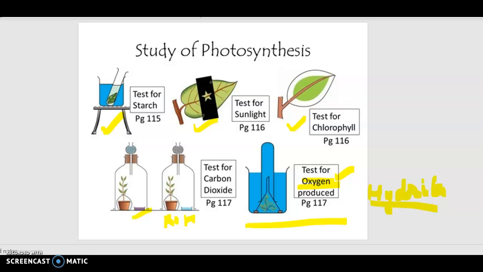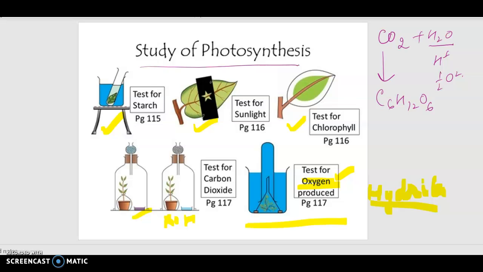So in this way, we can explain that in photosynthesis, the raw materials are carbon dioxide and water. With the splitting of water into hydrogen ion and oxygen, the hydrogen ion helps in reduction of carbon dioxide into starch. And all the major conditions like sunlight, carbon dioxide, chlorophyll, everything is required to complete photosynthesis in plants.